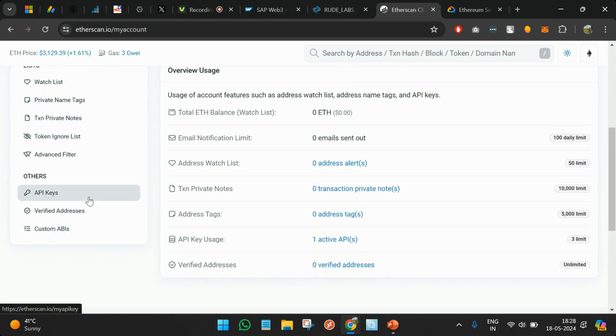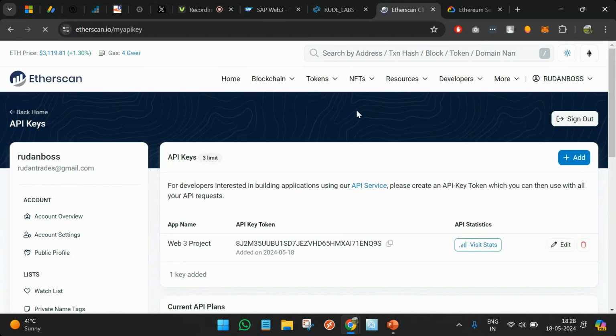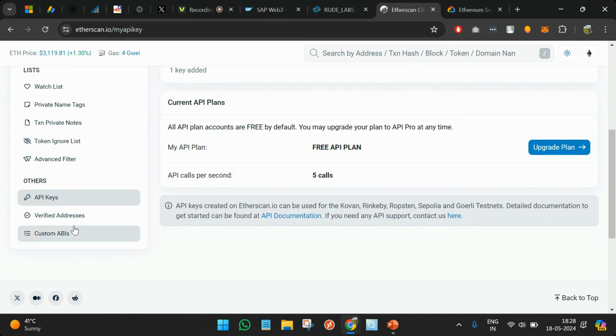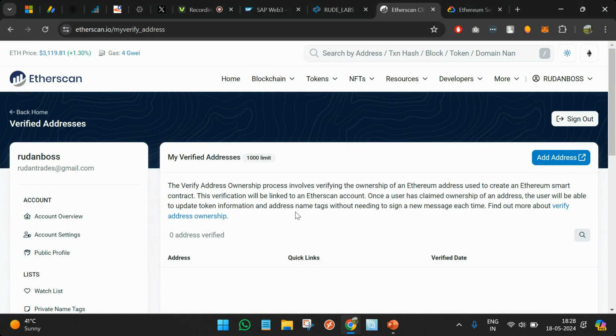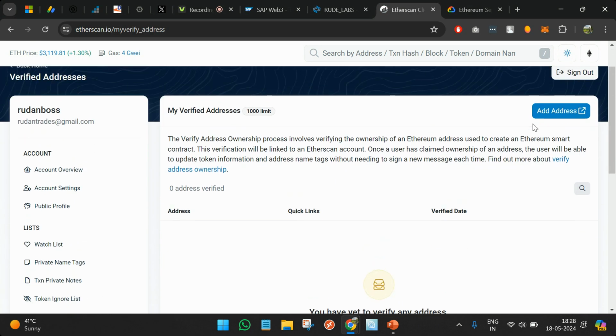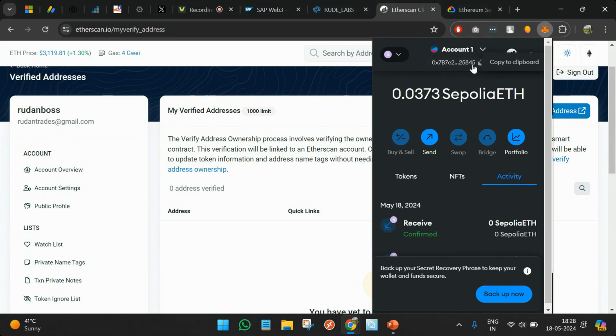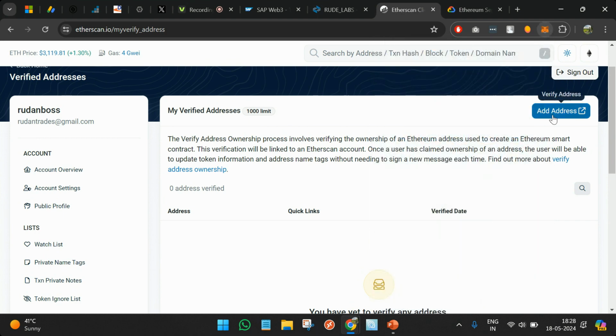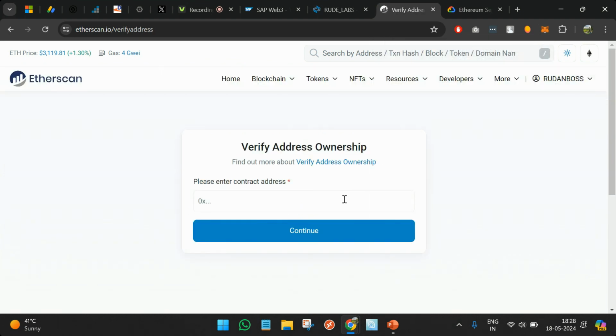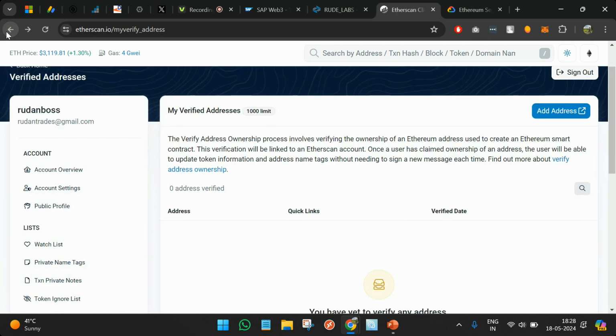So for that, what we do is two things. We create API keys, so that we get the API and integrate it on our platform. And then we also verify our address, which in this scenario we have not yet done. But you add your address. This address you will get from MetaMask, and this is the address. Copy to clipboard, and you can add it here and get it approved. Okay. So this is a platform that you want to visit and register on and get some keys from,